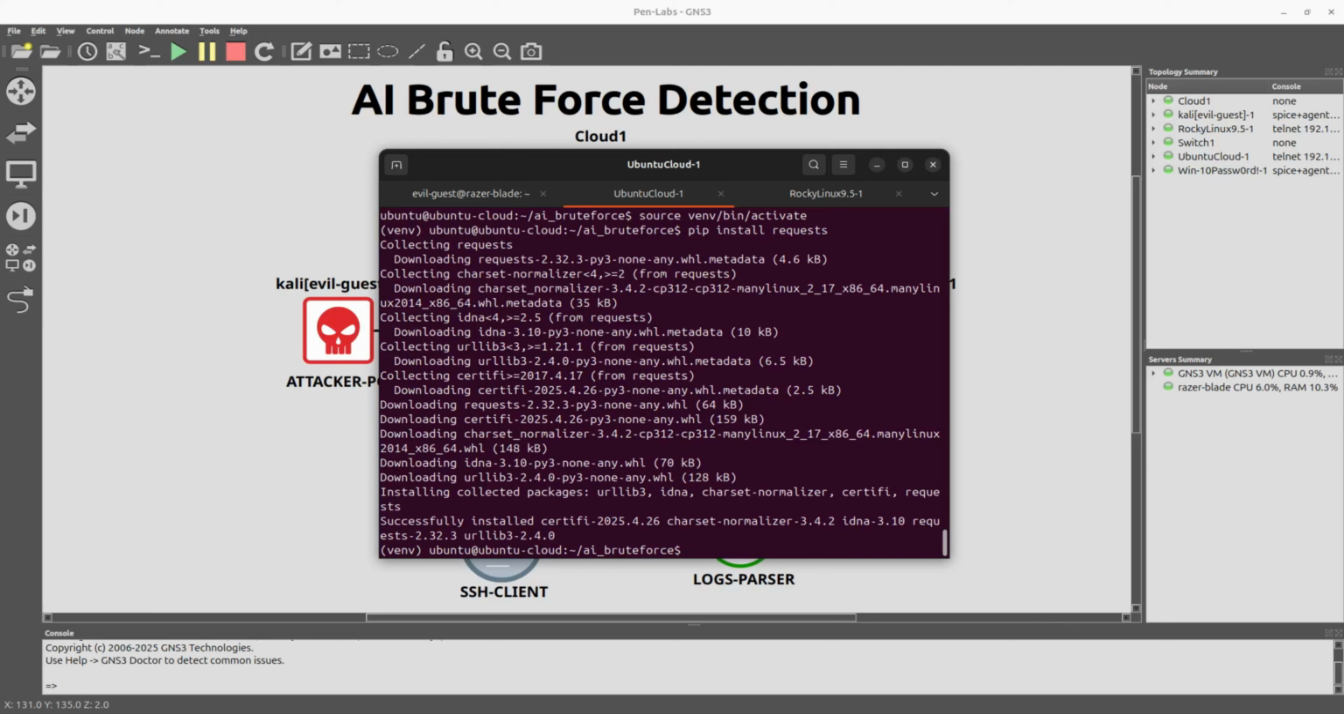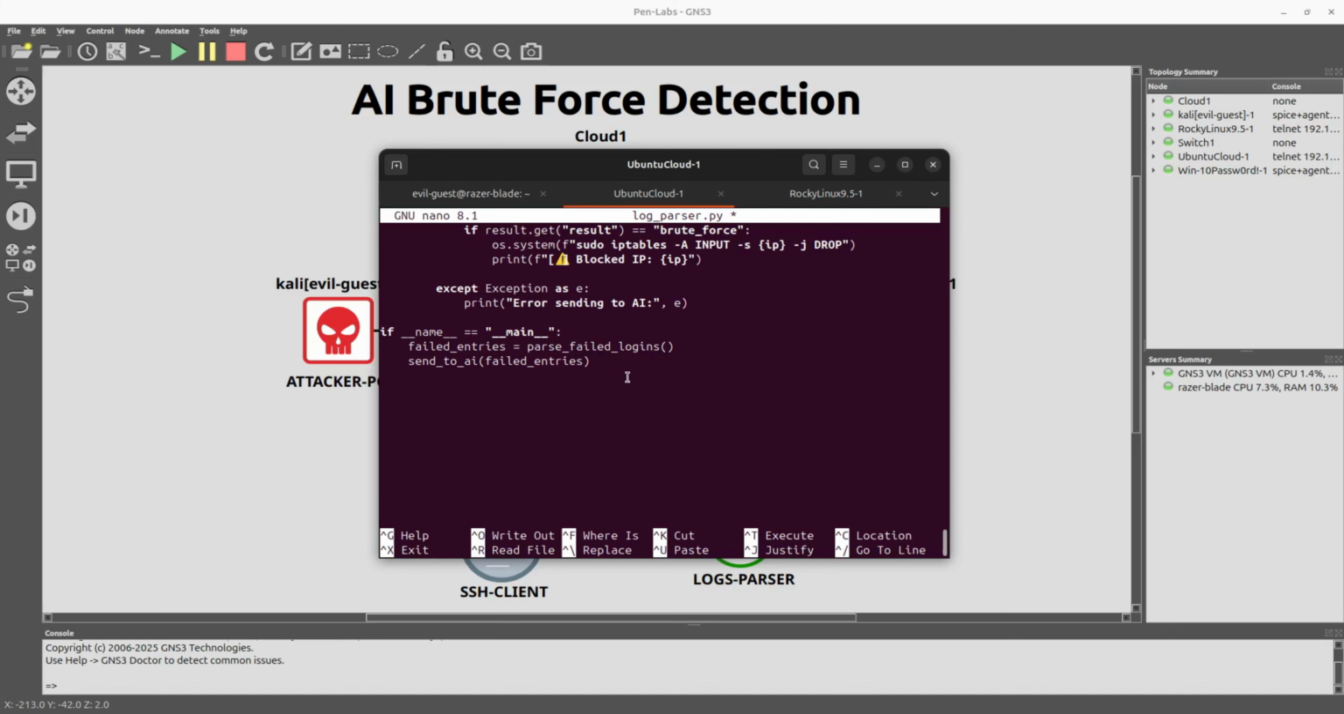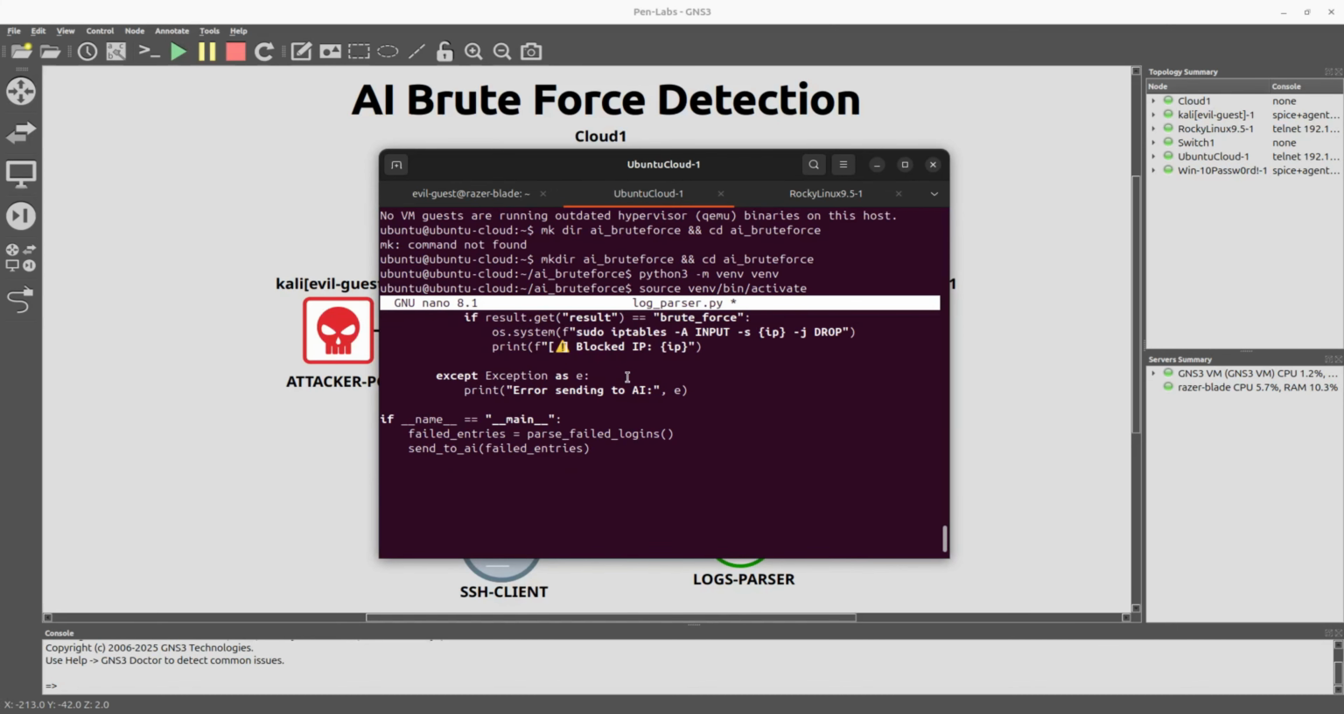So now let's create our log parser. So say nano log parser.py. So I already made the script. I will explain the whole script. Just paste it here. I already made the script. So I'm coming. Let me just